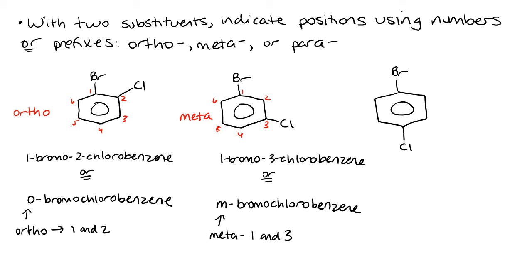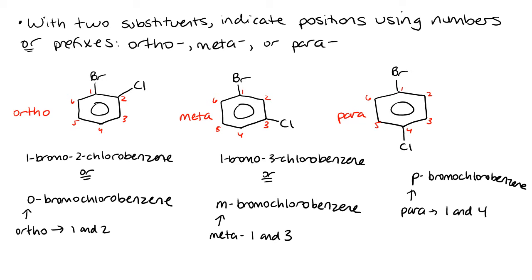And lastly, we can have the two groups be opposite to one another on the benzene ring. So they can either be on carbons 1 and 4. Now, when they are opposite, it means that they are para to one another. So we can either have the proper name of 1-bromo, 4-chlorobenzene, or we can write it as p-bromochlorobenzene. And again, this p means para, which means the two groups are on carbons 1